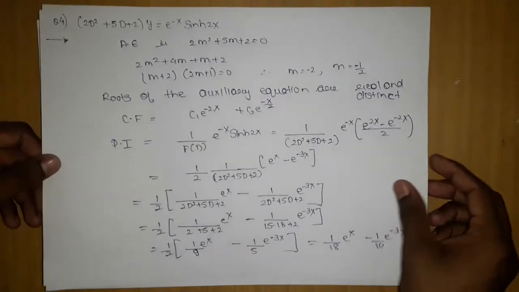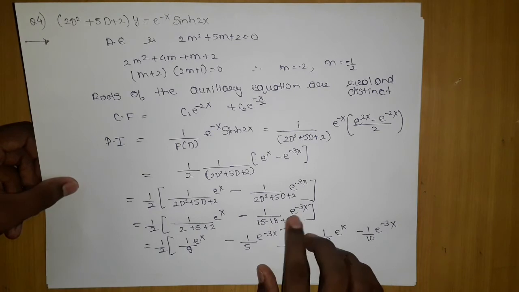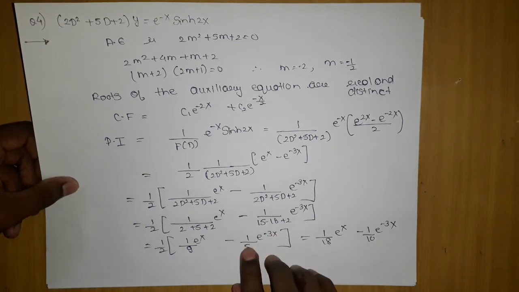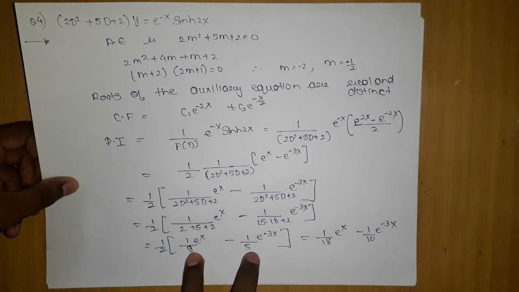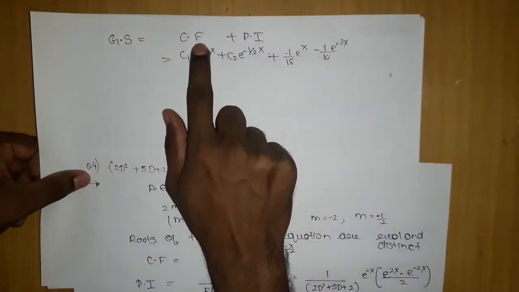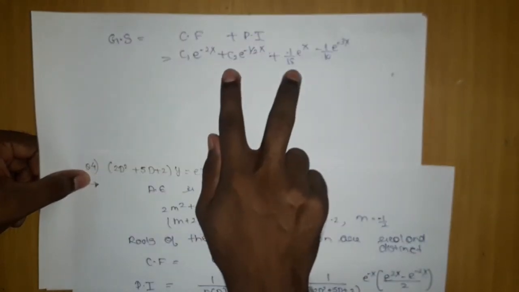So guys, suddenly the camera had stopped working, and I didn't notice it, so you have missed that part, but I completed question number 4. In question number 4, if you substitute here minus 3, it will not come out to be 0. Instead it will come out as 1 by 5, and here it is not the same, so we will multiply 2 inside instead of taking it outside, and we will get this. After that we will write the general solution, which will be a combination of complementary function plus particular integral. Then we will substitute both of them and get our answer.